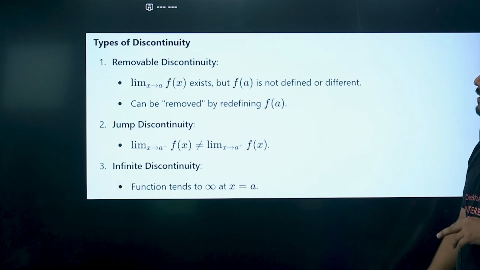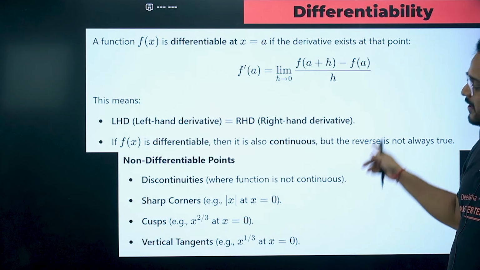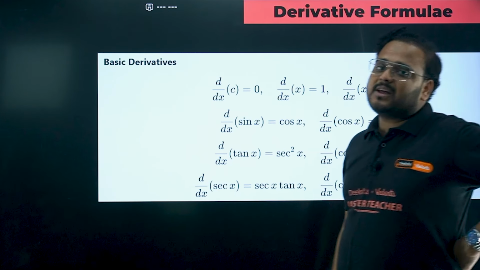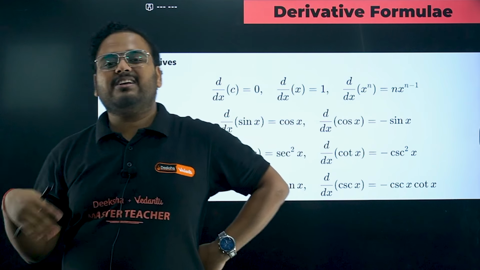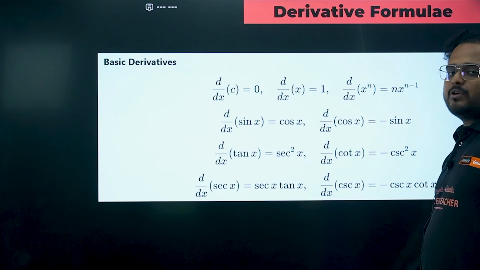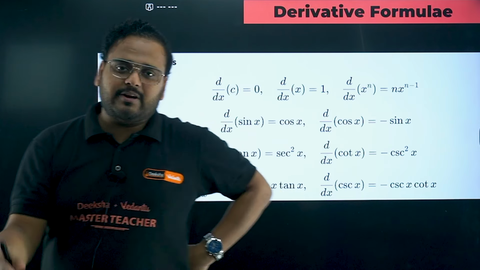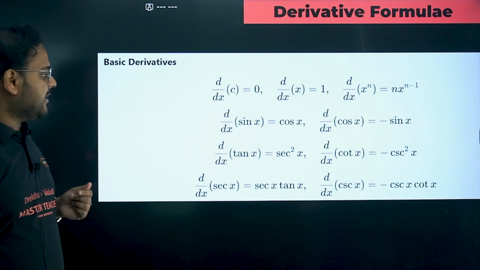Here you go. This is not relevant for you right now. Here you go. From LHD RHD perspective, they keep asking you for this as well. Find the RHD of mod x, find the RHD of any function given to you. You can simply solve it by differentiating and putting the value of the function, okay, the x variable, x is 1, whatever it is, put it there and get the RHD and LHD.